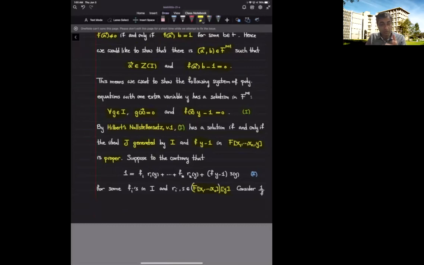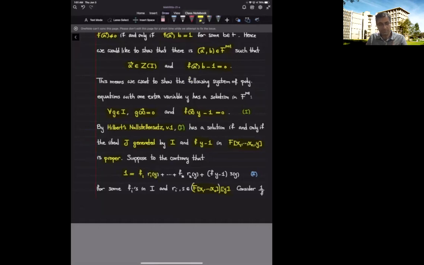This means 1 belongs to this ideal. What does that mean? This means I can find some elements inside I, multiply them by polynomials, add them, add a multiple of this polynomial, and end up getting 1. So assuming that this is not a proper ideal, we deduce that 1 is some element of I, f1, times